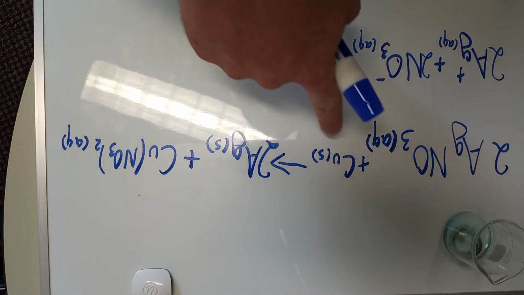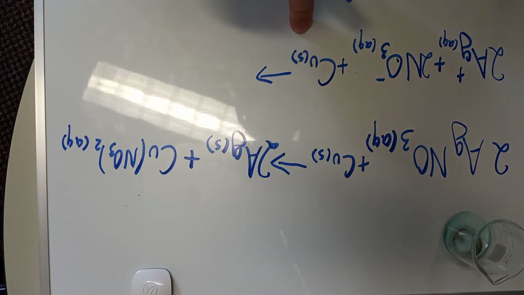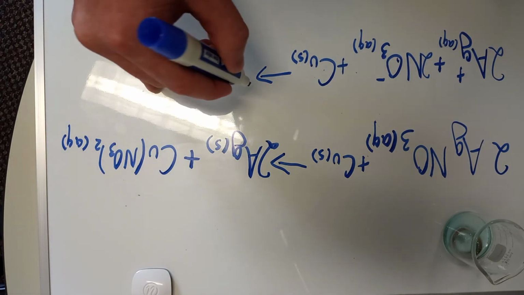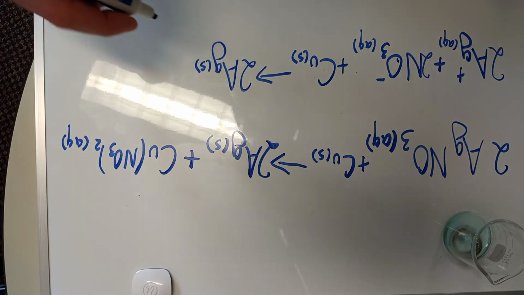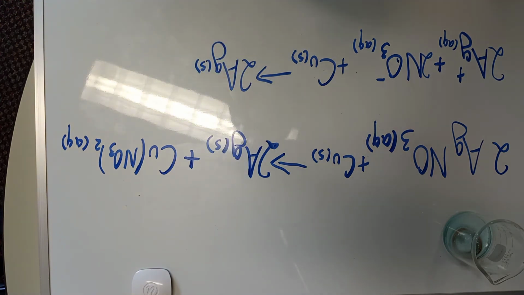Okay, and the reason why we carry the copper solid straight down is he doesn't get split up by water. So for the net ionic equation, really the only thing that changes is the aqueous stuff. The copper solid is unchanged by this because he doesn't get split up. He just exists as copper solid. Same thing for our silver solid over here. It's unaffected by this change because he's a solid. Again, gases and liquids, same thing. If they're solid, gas, or liquid, do not change them for a net ionic because they're not split up in